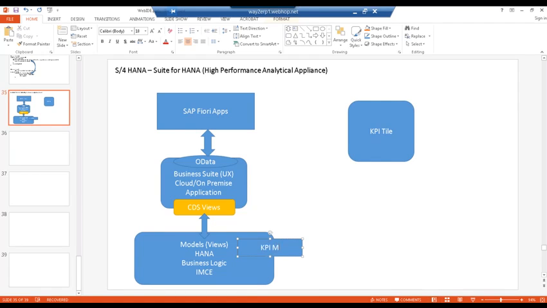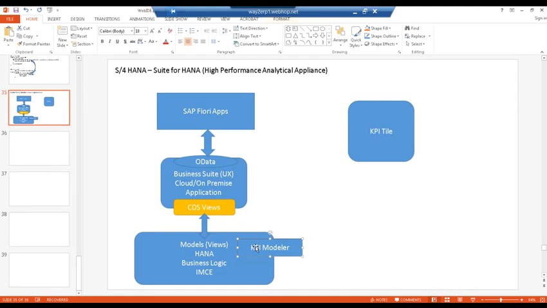It's a module available in the SAP HANA IMCE engine, which helps you model the data as per the requirement. It directly talks to the CDS view, and the KPI CDS view then talks to data models, the data model talks to the KPI modeler, and the KPI modeler engine then talks to the different components or the data